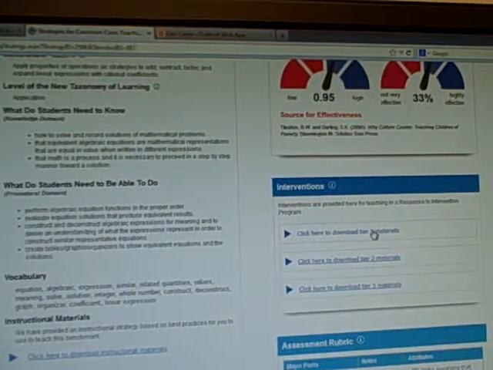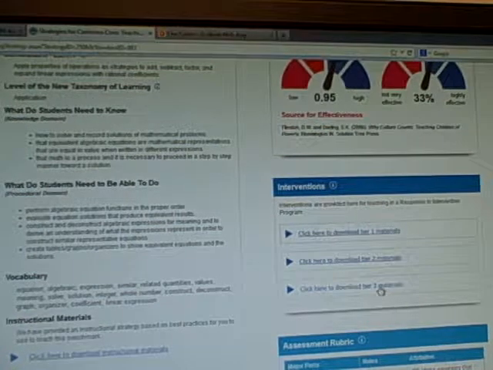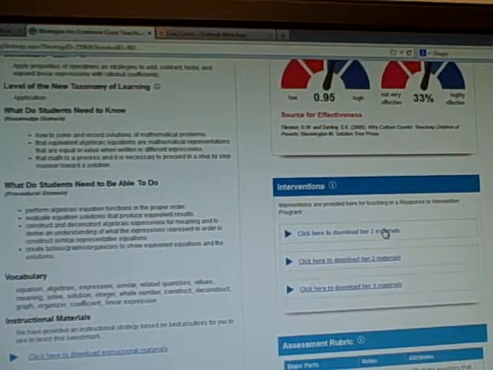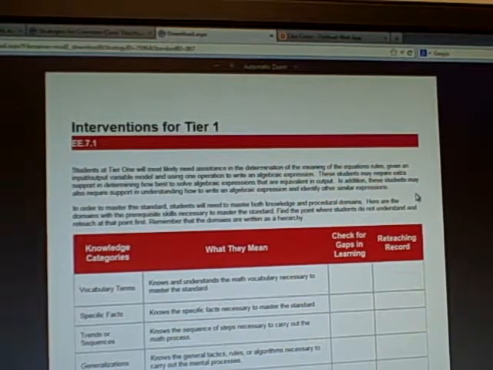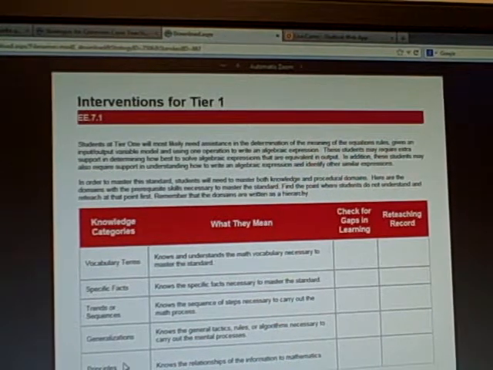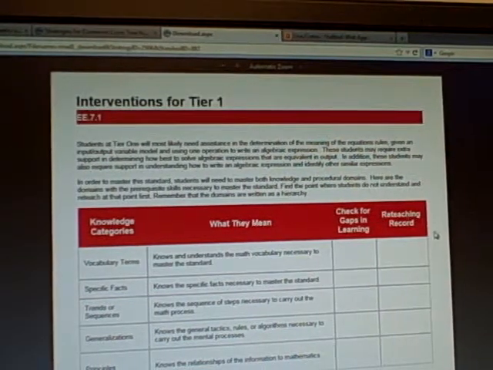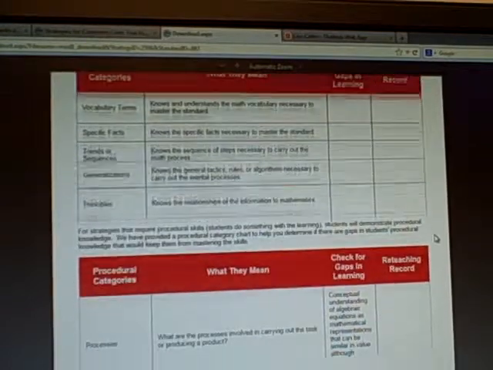Here, this is related to the RTI. We can do some tier 1, 2, and 3 interventions here. Now, this is not a comprehensive list of interventions. What it is is a process for you to document. It tells you the things that they should know, and then where the gaps are for their learning. You can print this off for one student, write their name there, and just record all this information. And this would be